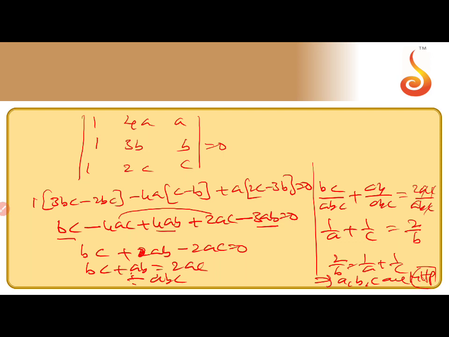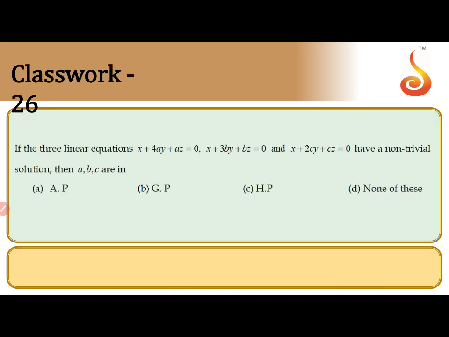This is a very standard question and also an important question. So 2 by b equals 1 by a plus 1 by c, that means a, b, c are in HP. We get 2b equals a plus c, that is AP, and 2 by b equals 1 by a plus 1 by c, the reciprocals of an AP, gives HP only. Clear this one? Just simply solving, keep on solving, we'll get the answer. Check the answer. Option C is the answer.